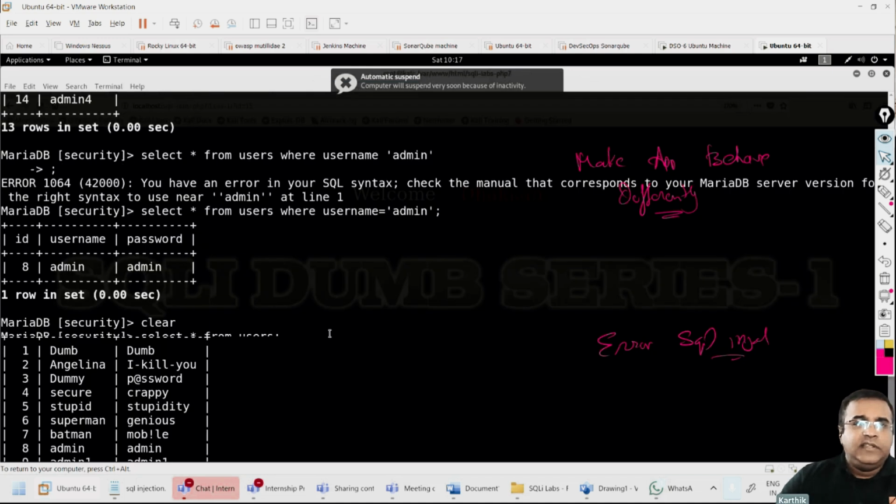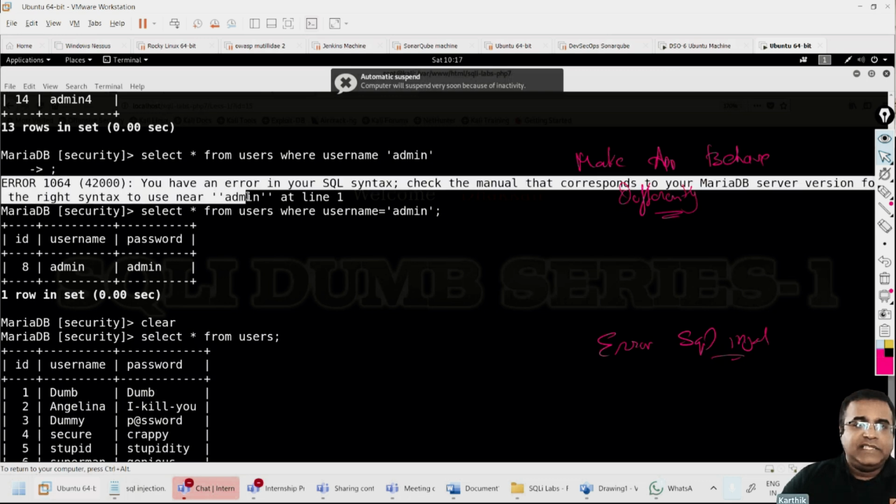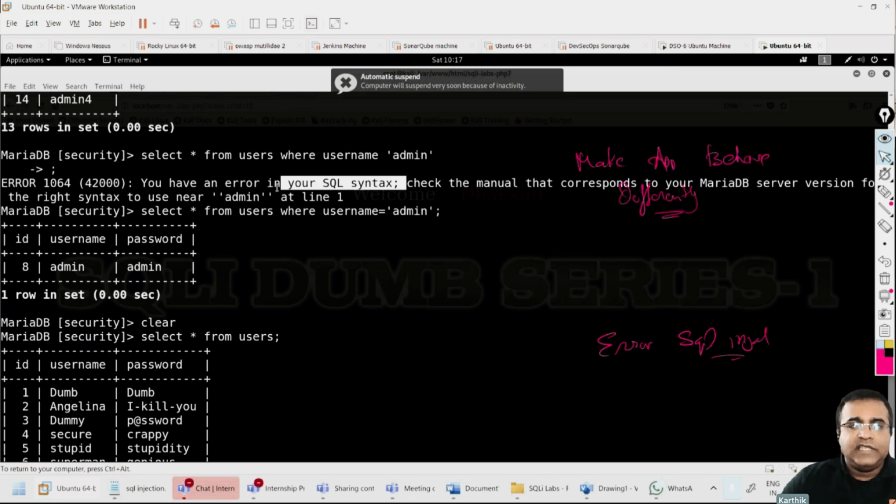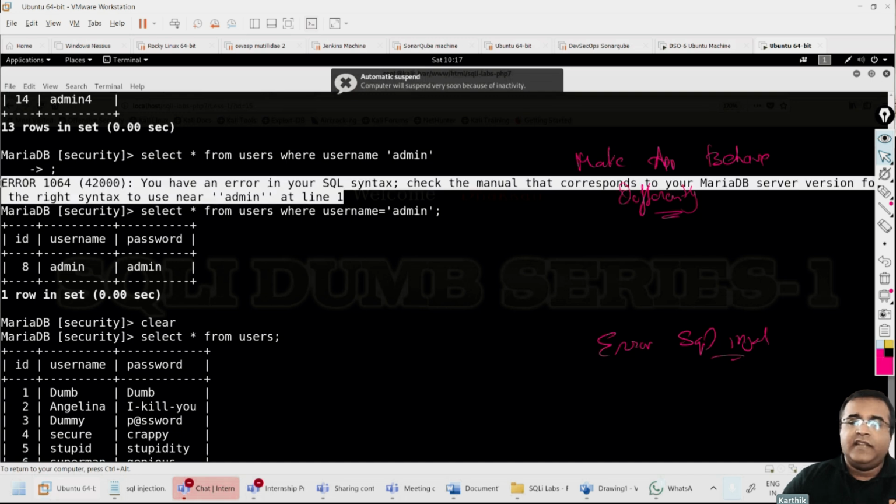Every time I'm making a mistake, there is an error. You can see this particular error is unique, and it is telling us it is an SQL syntax error. When I get this kind of error, I know this is not an error from PHP or the Apache web server. This is a MySQL error only.